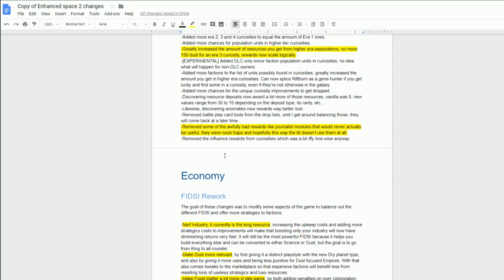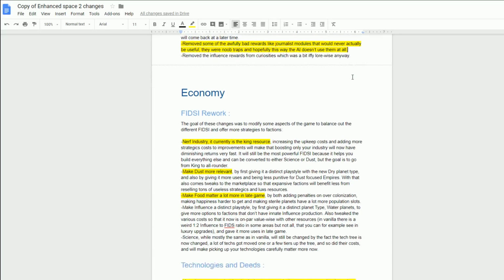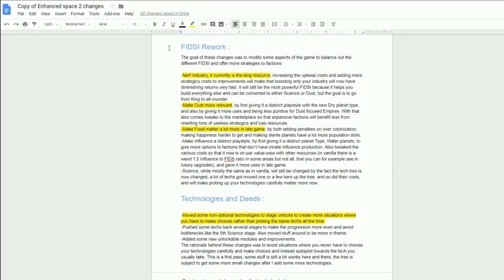Let's see. What else is on here that's worth talking about? Oh, they removed some awfully bad rewards that nobody wants. And they were modules that the AI would equip on their ships that would just be terrible. So, there you go. He reworked a lot of the economy, nerfing industry, which was the king resource because it would let you get everything else,